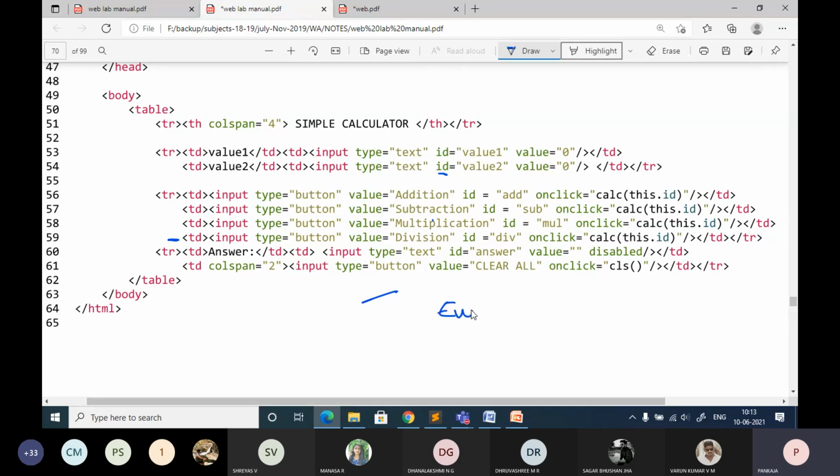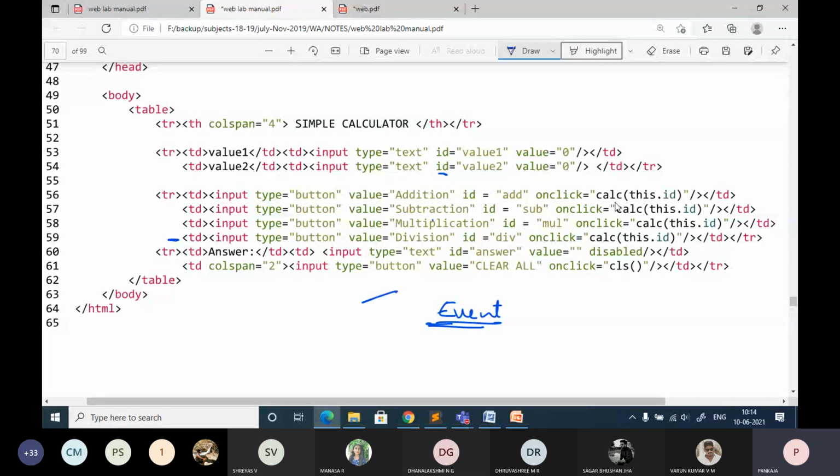We'll be discussing events in detail shortly. Maybe in the next class I will focus on events, what are the different types of events supported by JavaScript. So for the time being there is one event called onclick. When you click on the button, it is going to invoke a JavaScript function. So this is onclick.